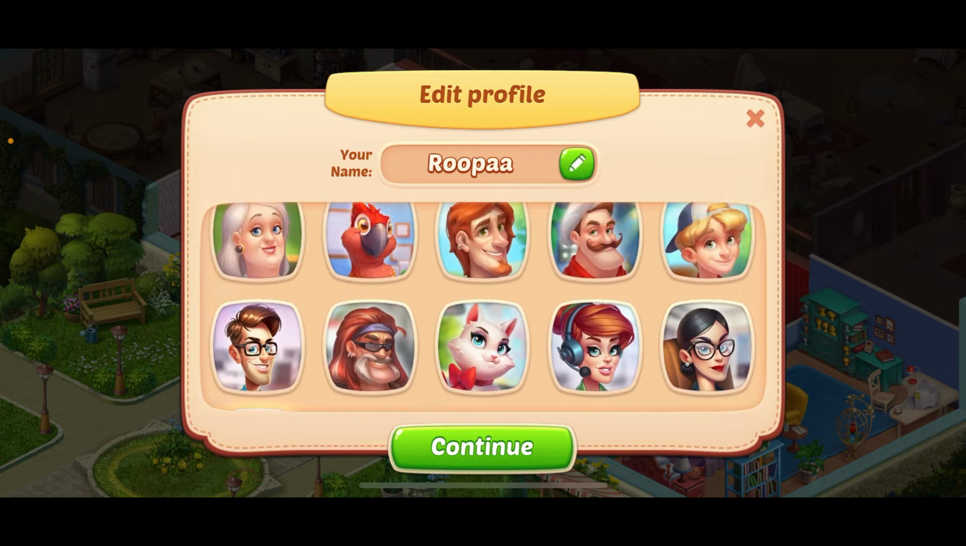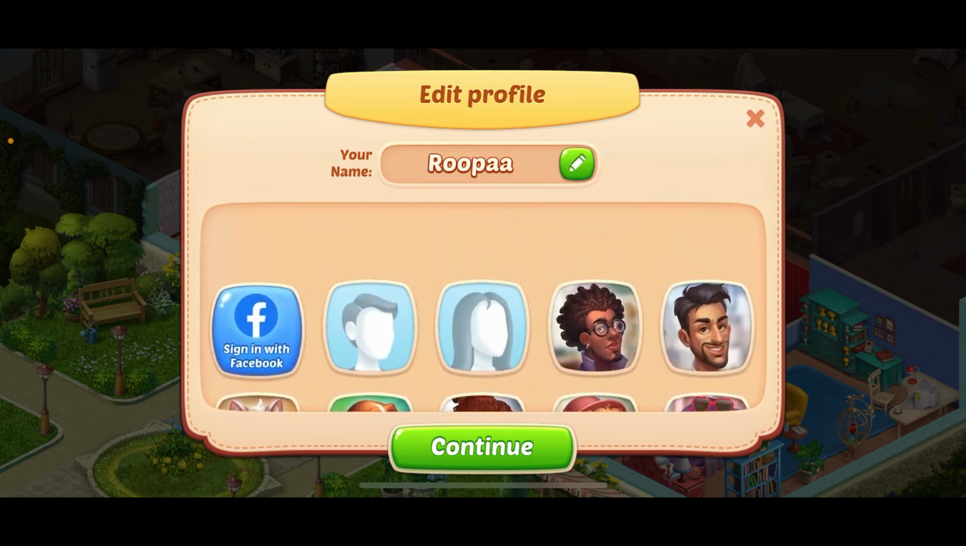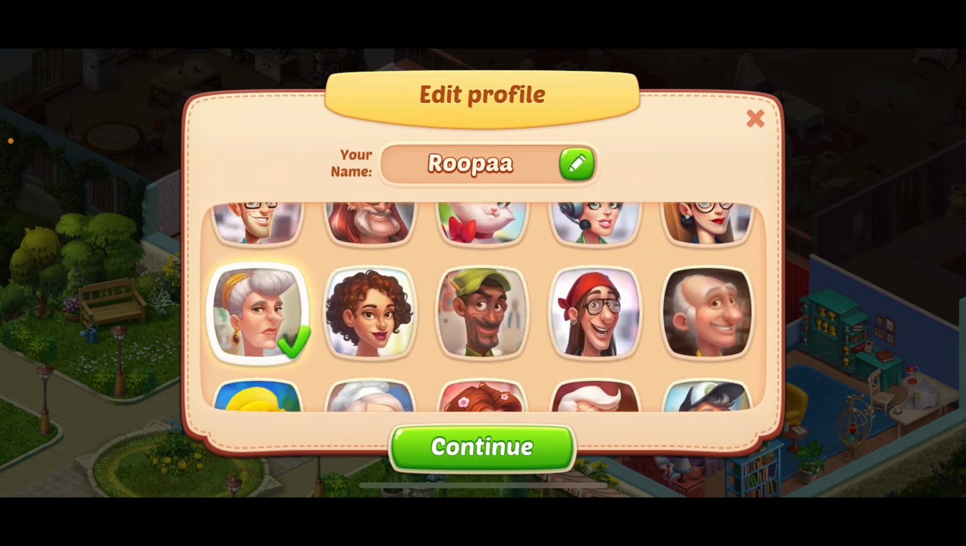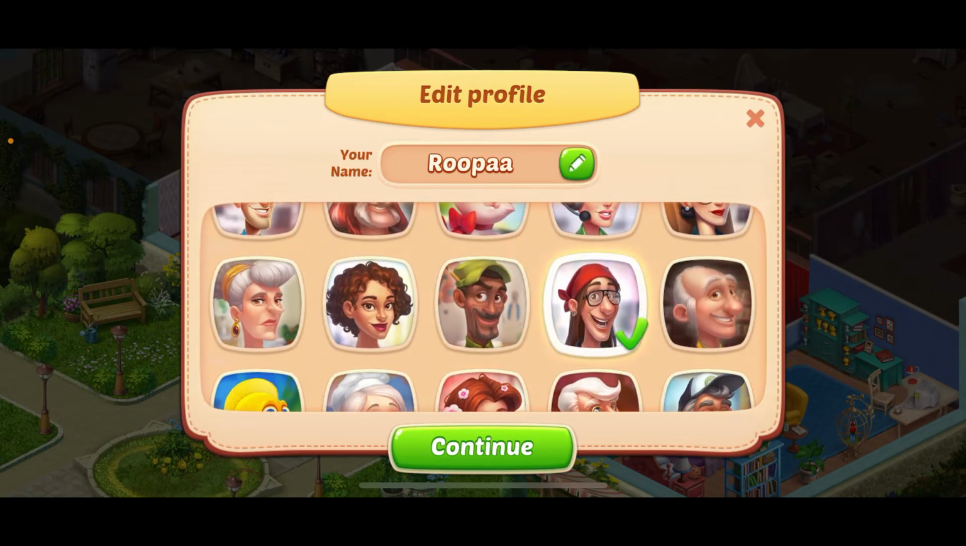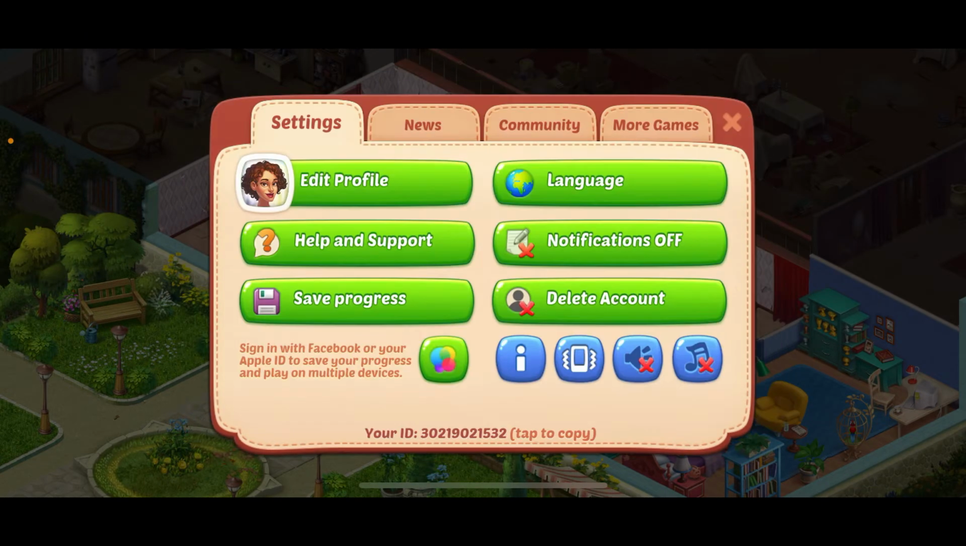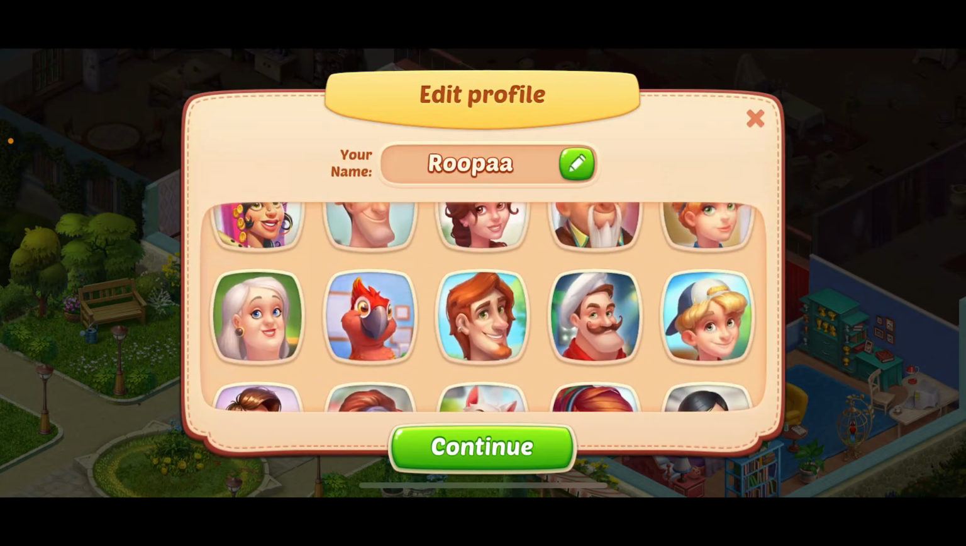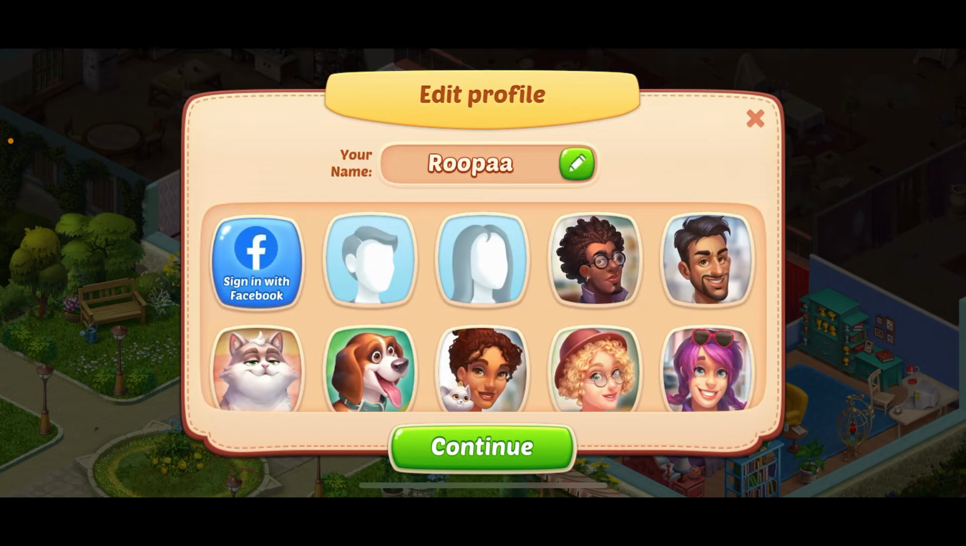You can then choose from multiple profile pictures displayed on the screen. Go ahead and select the profile picture that you'd like and tap on the Continue button to change your profile picture. If you want to get your own picture apart from the avatars that are displayed on this page, simply